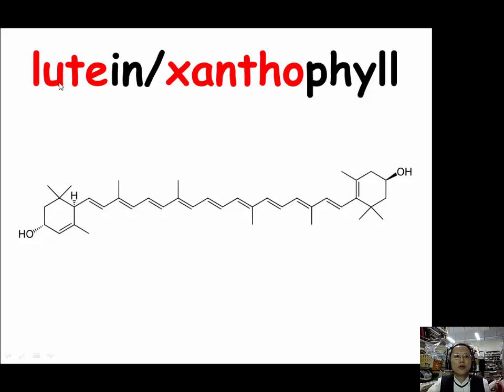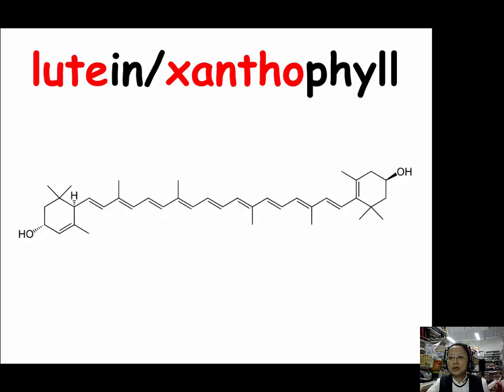Our next example for LUTE and XANTH is lutein or xanthophyll. This compound, lutein, or sometimes we call it xanthophyll, is one of the 600 known naturally occurring carotenoids. It is synthesized only in plants. Like other xanthophylls, it can be found in high quantities in green leaf vegetables such as spinach, kale, and yellow